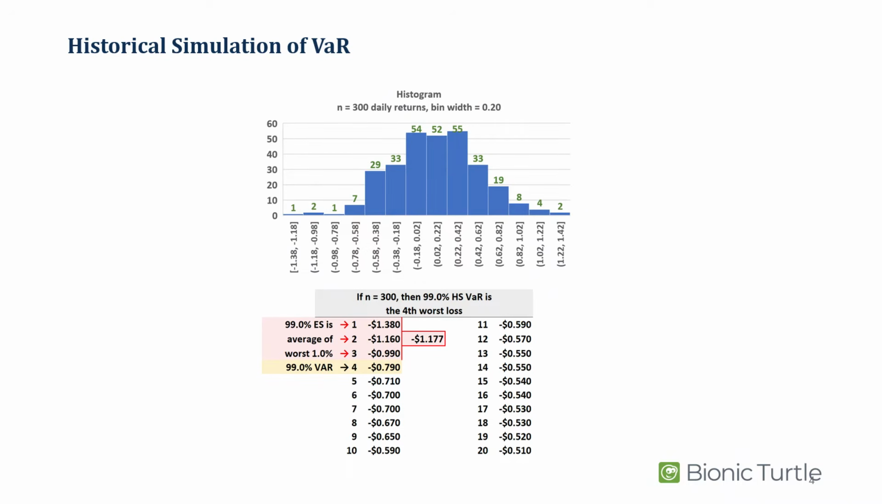Here we have an example of a historical simulation of VaR. In this particular case, we're given 300 different returns, and to find our 99% VaR, we've ranked them from worst returns to best returns, and then we find our cutoff point based on our VaR level. In this situation, we make no assumptions about the underlying distribution, right? We're just looking at historical returns, and that makes historical simulation of VaR